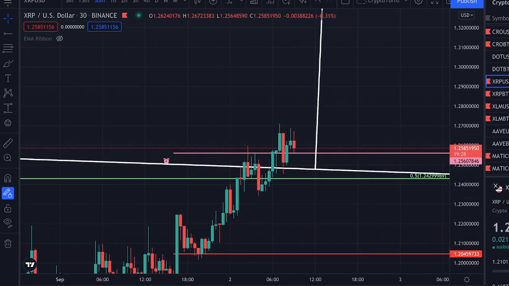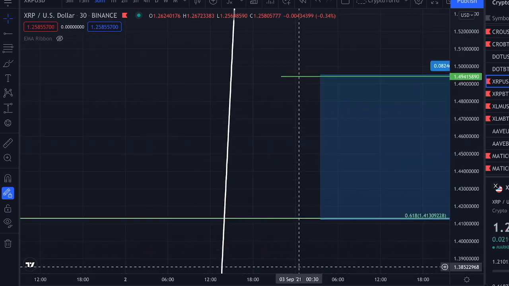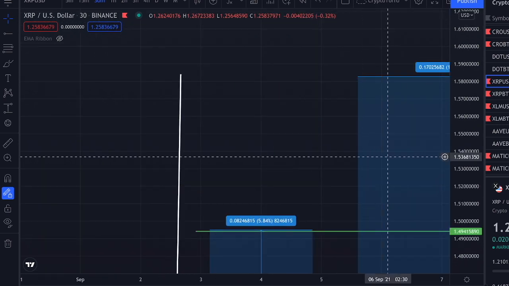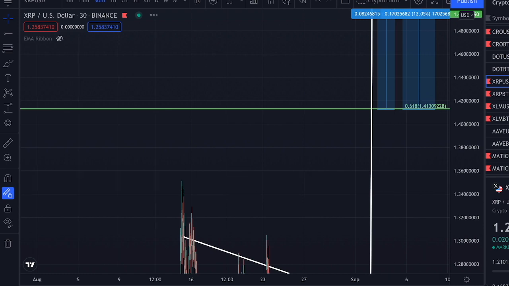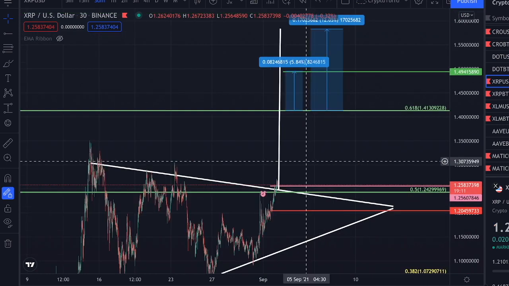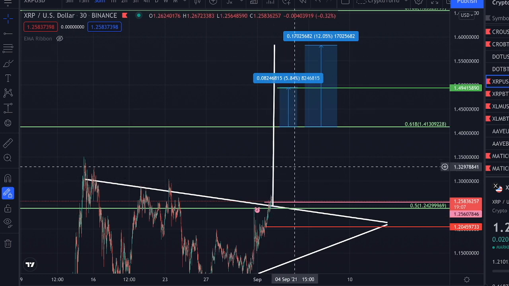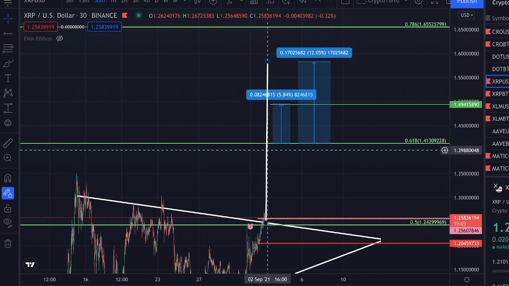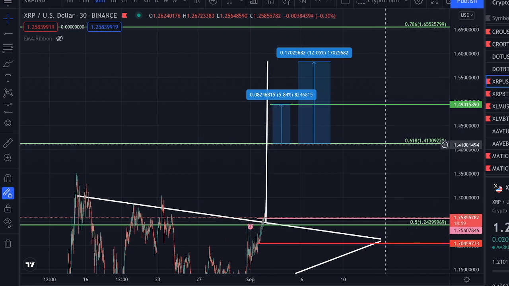And where am I placing my take profit? So my take profit will be actually approximately around here at 1.494, so at $1.49. And why am I doing this? Because if you take a look, for example, at the breakout, is clearly the measurement tool right over here, the white one. And what I actually did is I concluded that we were breaking out above the 0.618 Fibonacci level all the way towards the